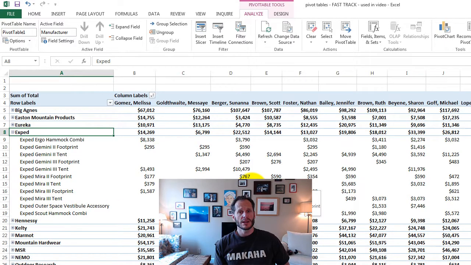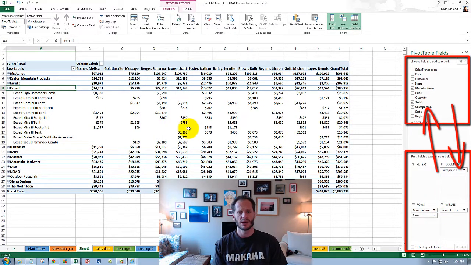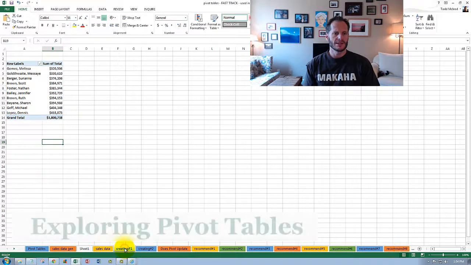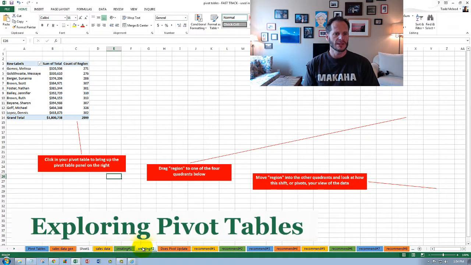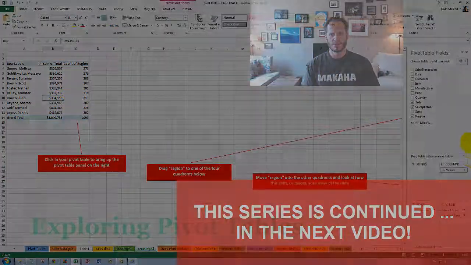So that's real quickly, boom, pivoting around on your data and playing with the different items here and seeing what comes up to the left. That's how you start using pivot tables. So let's take a look and see if there's anything else I wanted to point out. When you click in your pivot tables, it should bring up the show